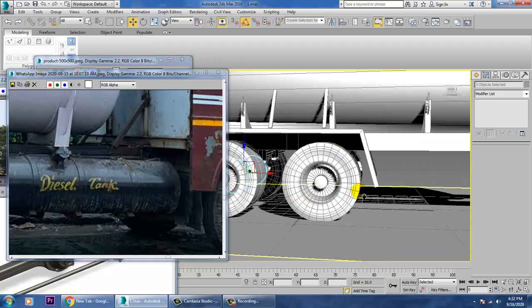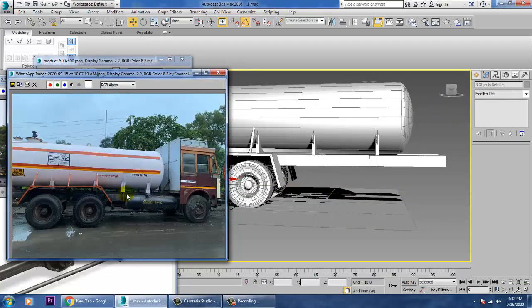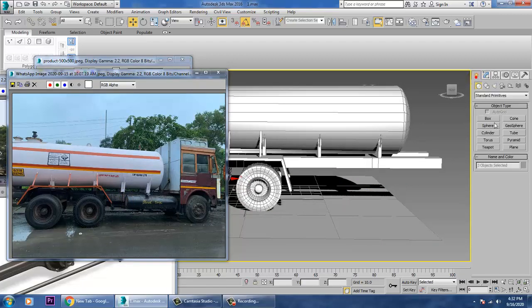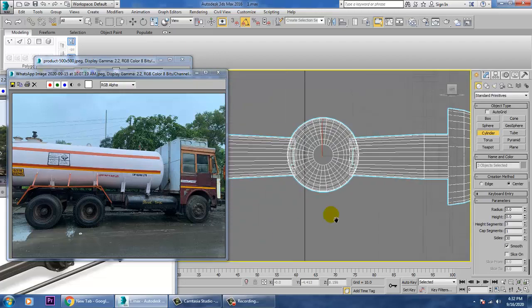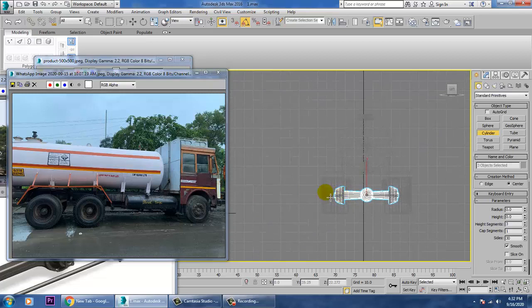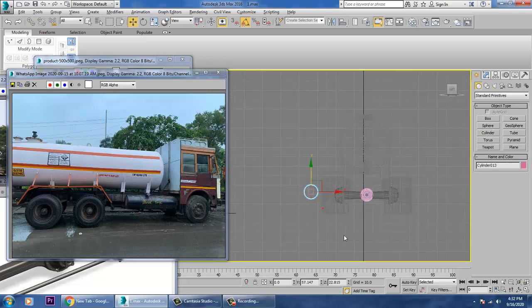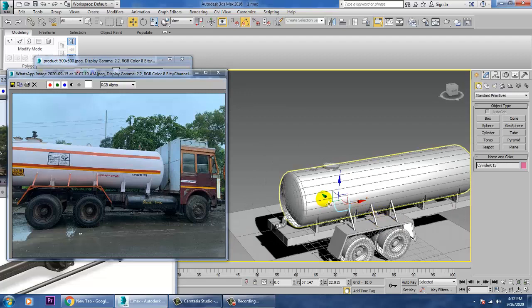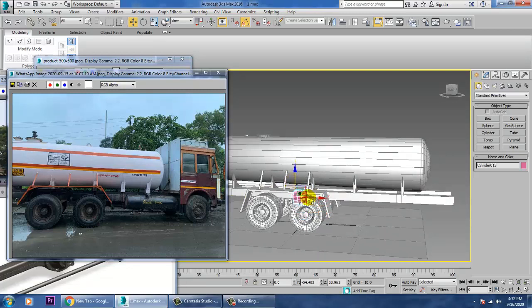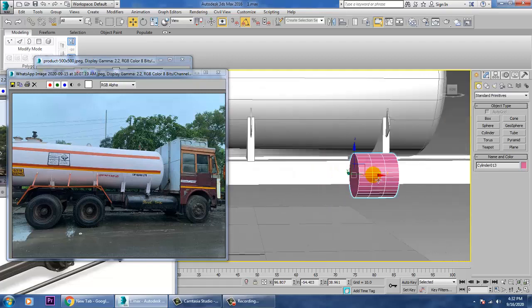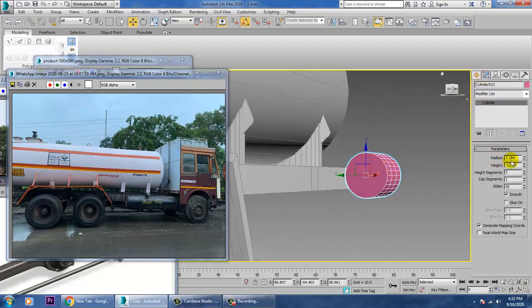For creation of this tank, let's take a cylinder again, go onto this view, that's your side view. Let's take a cylinder over here and just drag this cylinder, push it over here, move further, and increase its radius and increase its height.